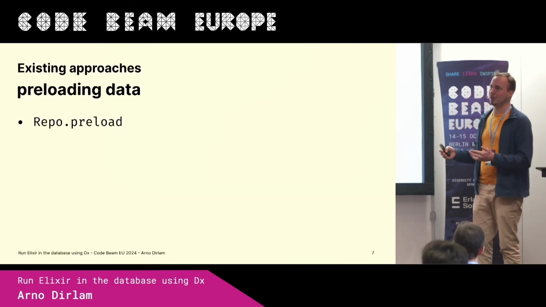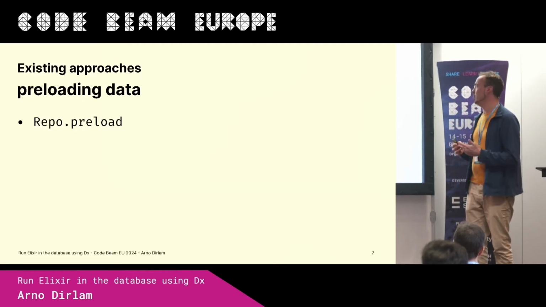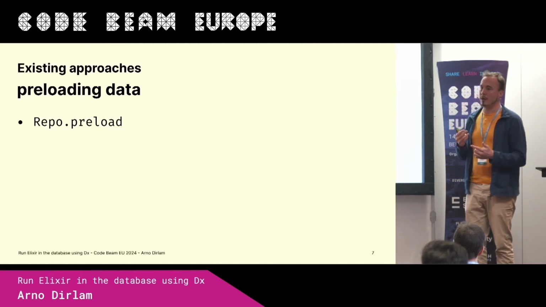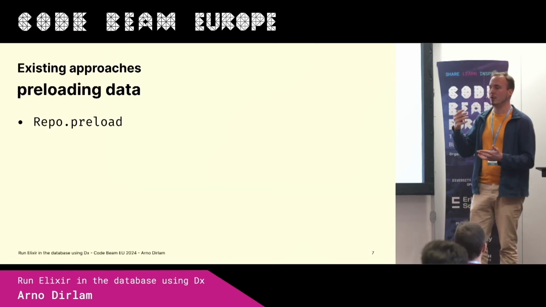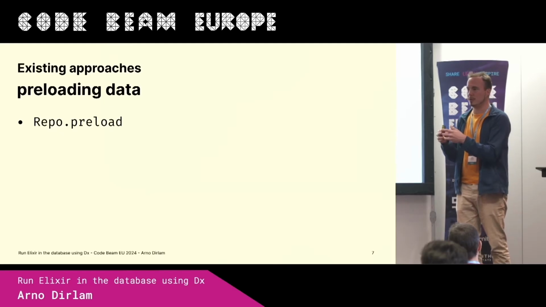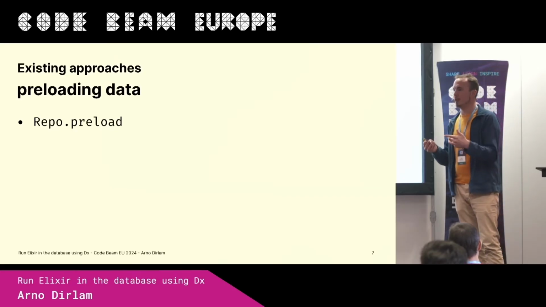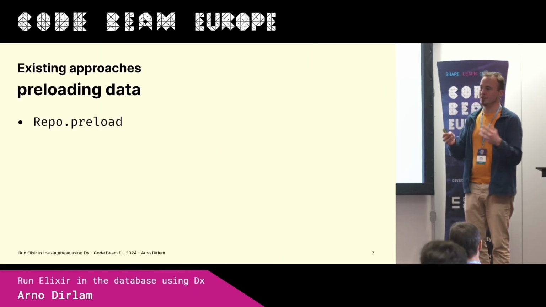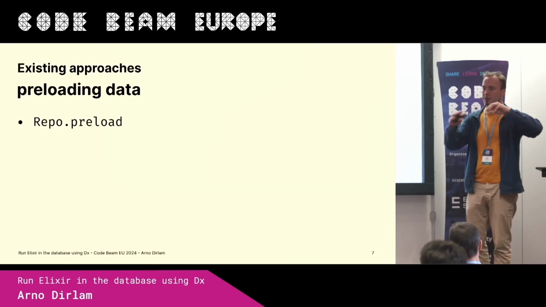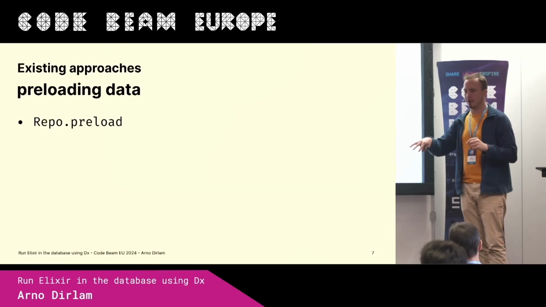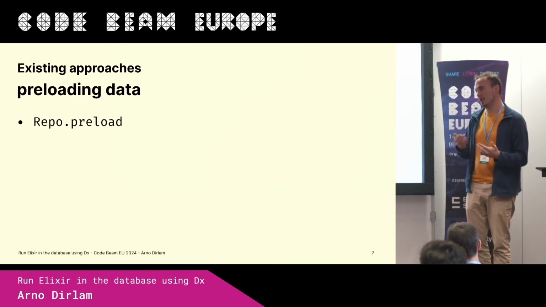And this is a problem because A, it's not that efficient in terms of resources, and B, you still need to remember where the data is preloaded and where it isn't. So when you look at a single function that runs some conditions, for example in Elixir, you need to keep in mind what you have preloaded here, and that depends on where it gets called from. So usually you have one entry point where you call it from, which does all the preloads and then runs everything further down the line, which also means you can only use that one entry point, at least conveniently.